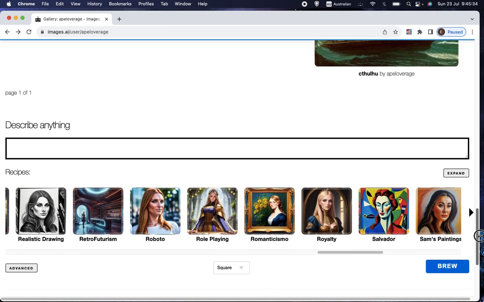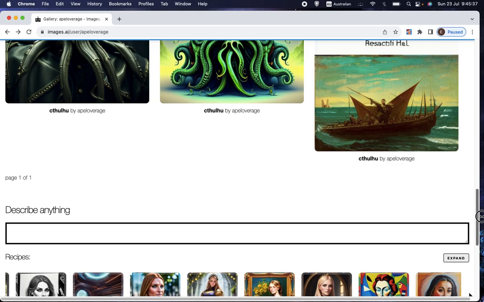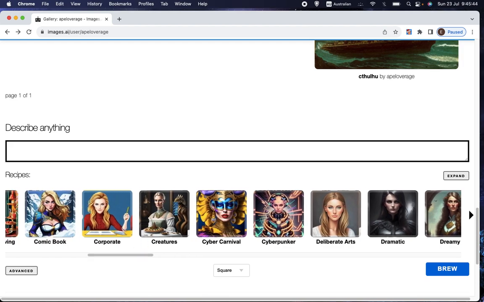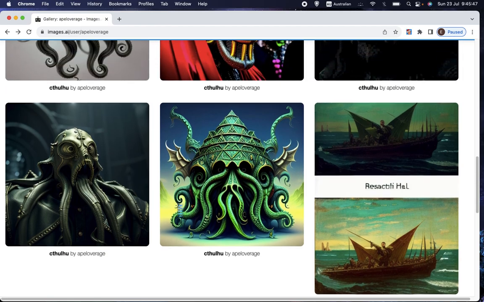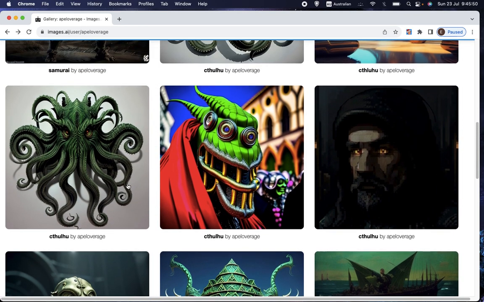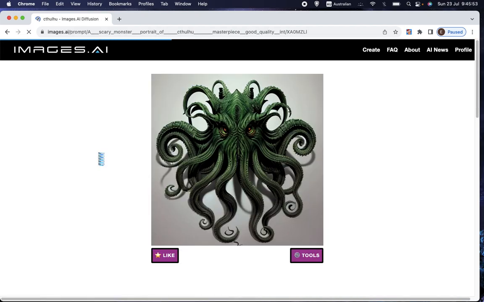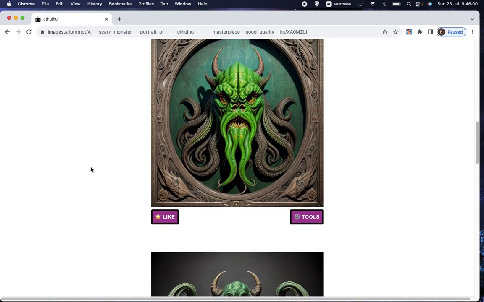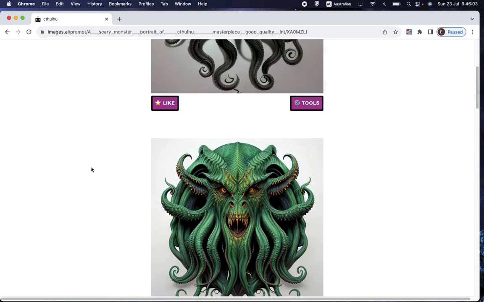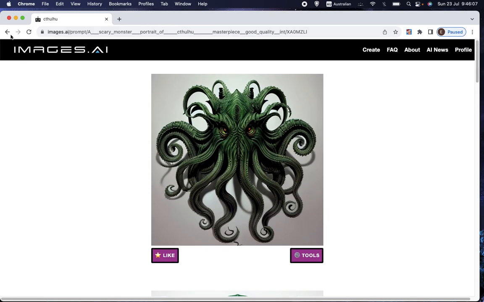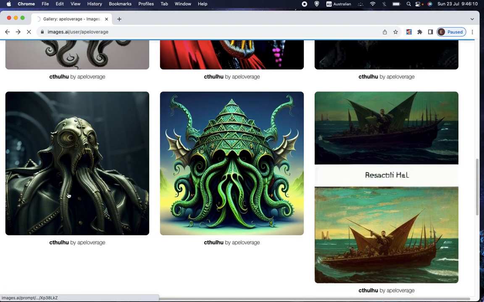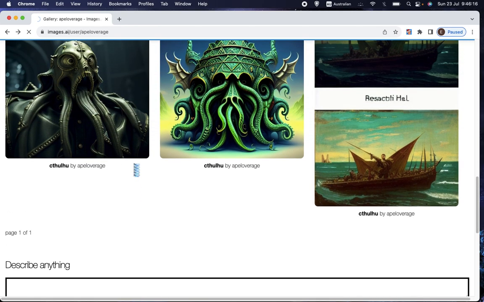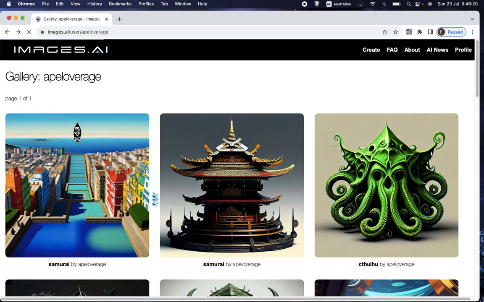I have looked at some of them. The what's it called? No, creatures. That's right. The creatures recipe is pretty good, but it turns everything into a monster. I generated this by this particular one. It actually generates 4 at a time. I just put Cthulhu was the single word that I put in there, and it generated those. The problem with this recipe is it sort of turns everything into a monster. I put fantasy elf, I think, into that, and it created basically just a monster that sort of had pointy ears. It didn't really look like an elf, but